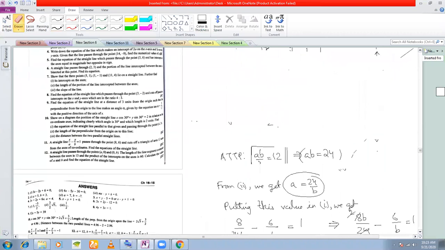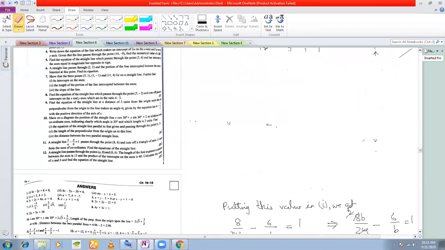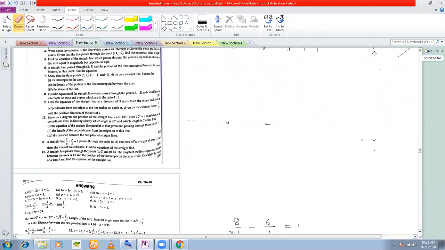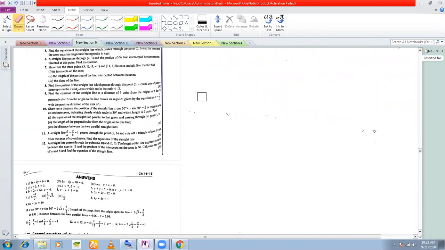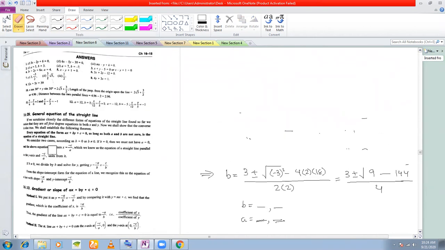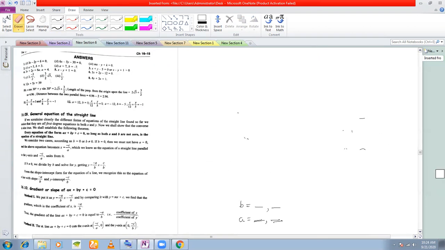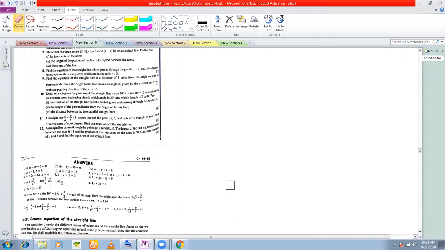So what are the points given? A, 0 and 0, B. So these two can be any two points actually, anywhere. A can be anywhere on the x-axis, either in the positive direction or the negative direction. Similarly for B, it can be anywhere on the positive or the negative direction. Okay. So what you do here is